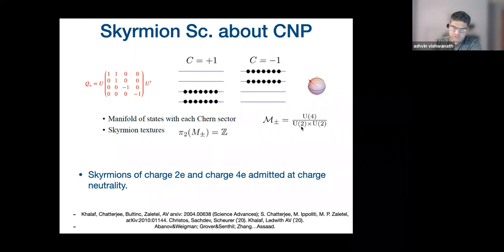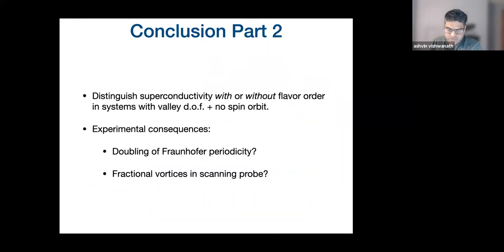Okay, so it's just a more complicated version of a point on a sphere. And just like the point on the sphere, which has skyrmions, this manifold also has skyrmions. Okay, and you can show that there are both charge 2 and charge 4 skyrmions, which are equally competitive, at least in the simple version of this theory. Okay, so you can come up with a microscopic route to thinking about these charge 4 condensates, potentially present in these systems near charge neutrality.